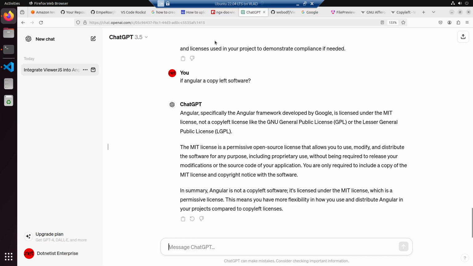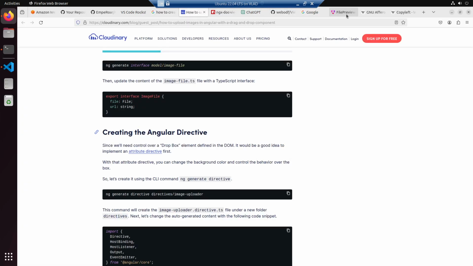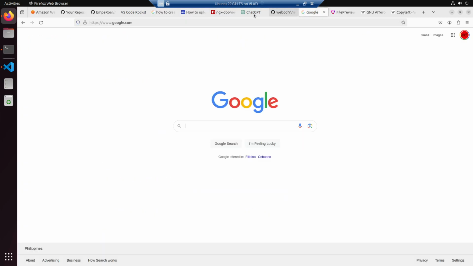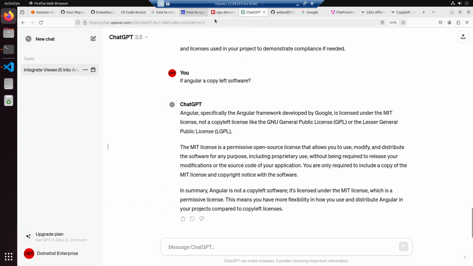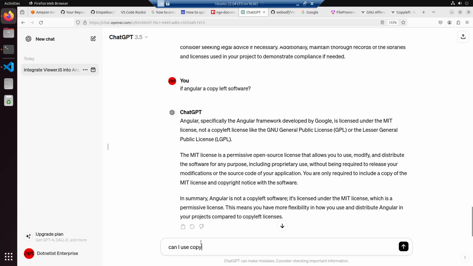Okay, so copyleft. Are we okay with this using copyleft? Can I use copyleft inside Angular, which is used for proprietary